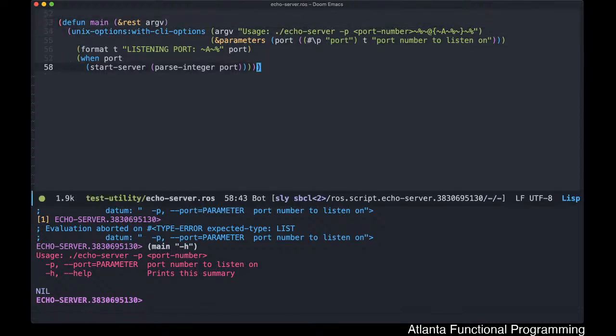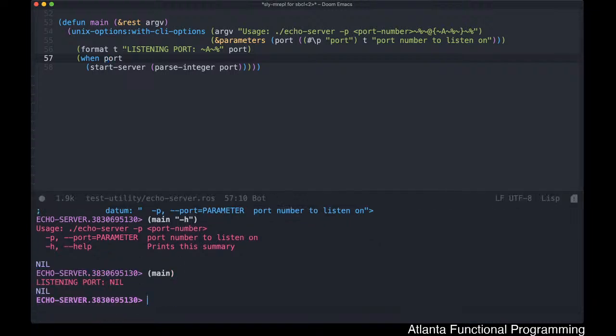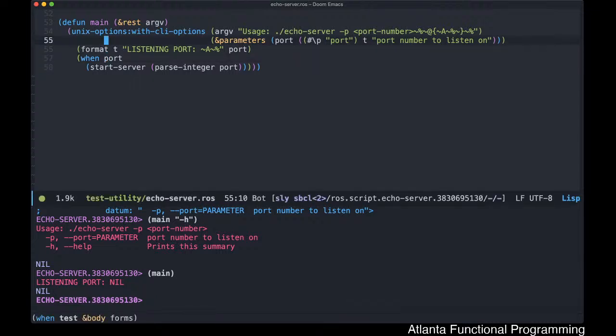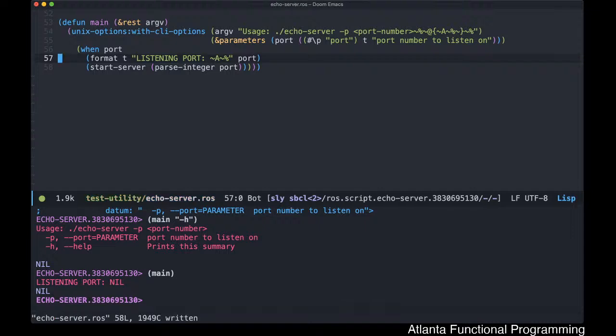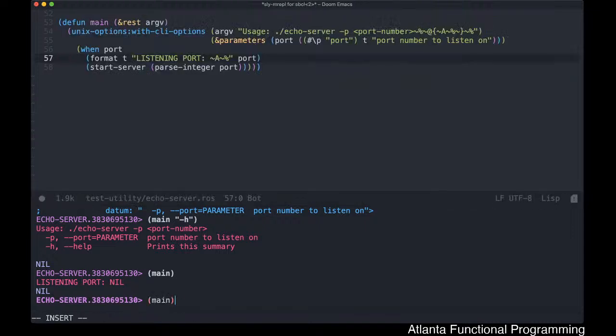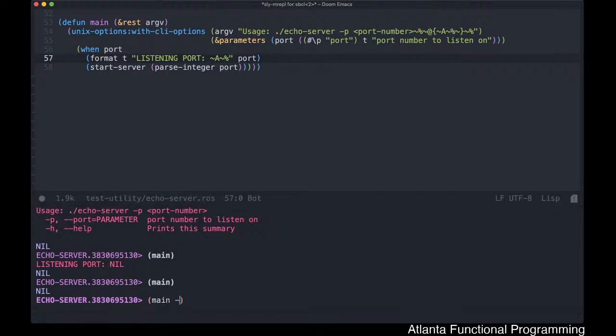It will grab the port. When it sees the port, this check here is obviously there so that if there isn't one, it will just exit the program. As you can see here, if we just provide main, it doesn't do anything. Really, actually, I should put this here. So this is cleaned up a little. So we get nothing. And then if we provide, obviously, a main with a port and our standard thing, it